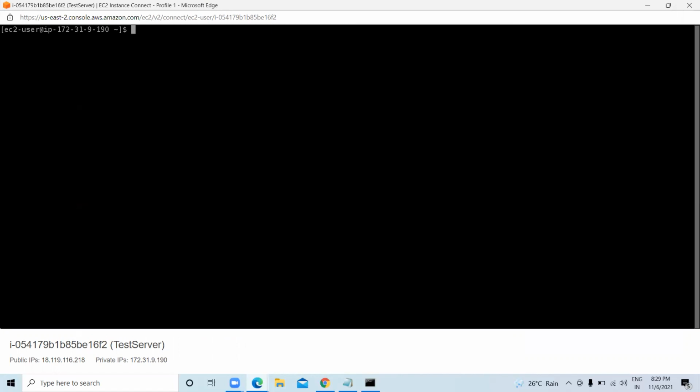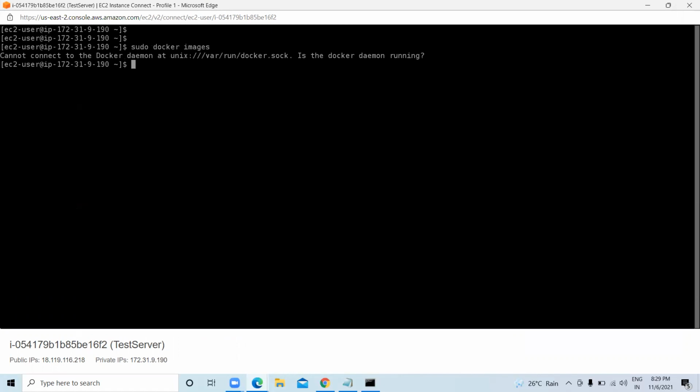Next, to check docker, sudo docker images. There are no docker images now. So this is the problem, an issue with the docker images. Sometimes we need to start the docker service. So docker images are not showing. What you have to do: